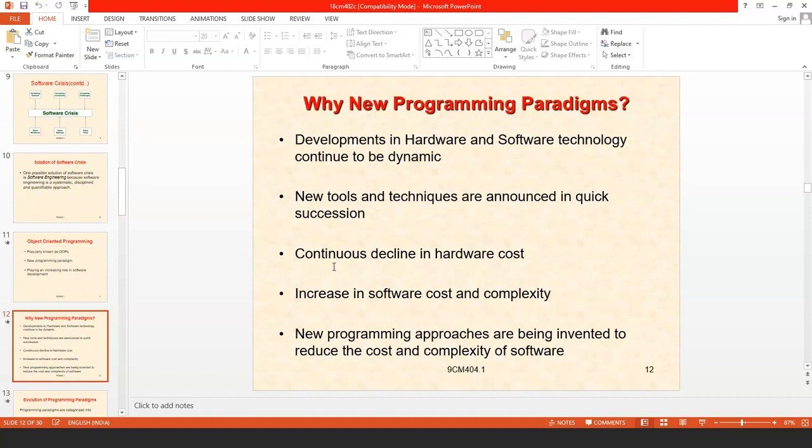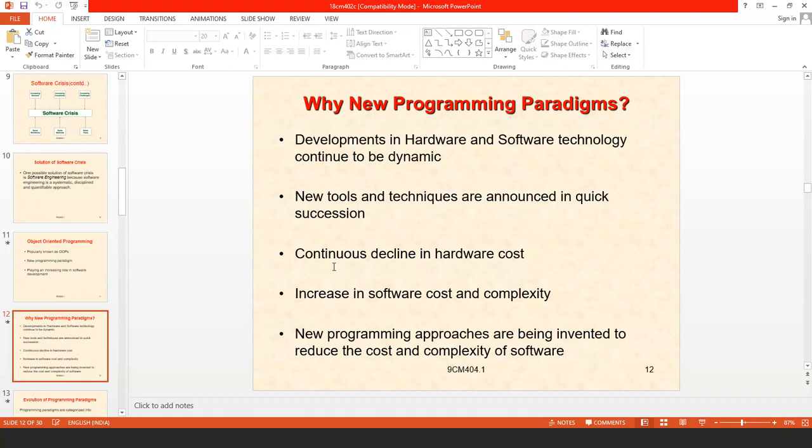At the time when we purchased those pieces, the cost may have been very high compared with nowadays. So there is a continuous decline in hardware cost, and also